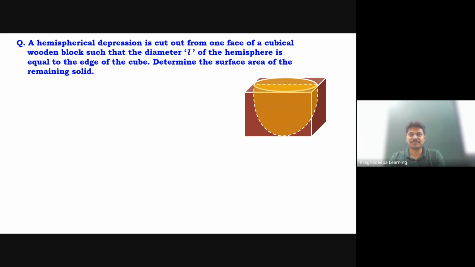Inside. But note that the diameter of the hemisphere is same as the edge of the cube. Yesterday also we had a discussion, if you remember. Edge means not the corner. Edge means it is a line, correct? So they are telling that the diameter of the hemisphere is equal to the edge of the cube. Cube means all sides are equal, correct? That is L. Again, I repeat, students, it's not 1. Okay, it's not 1. Are equal. So now what you have to do, you have to find